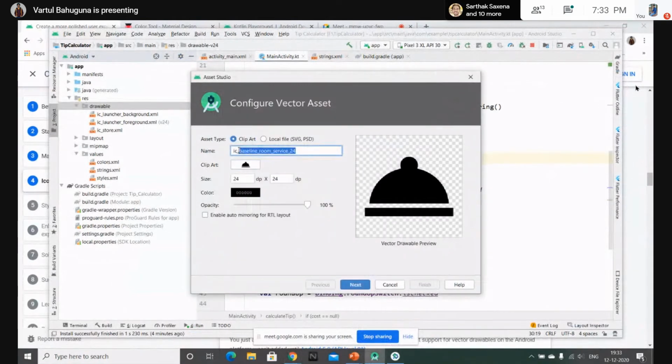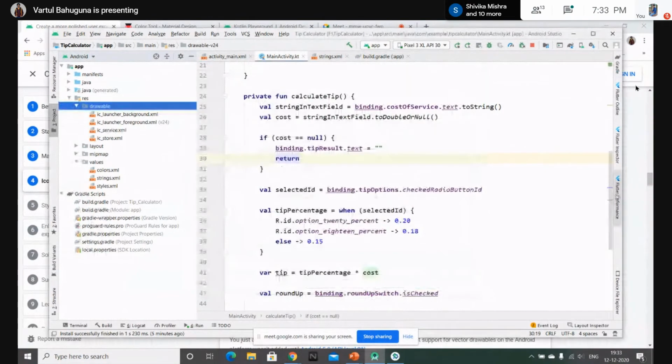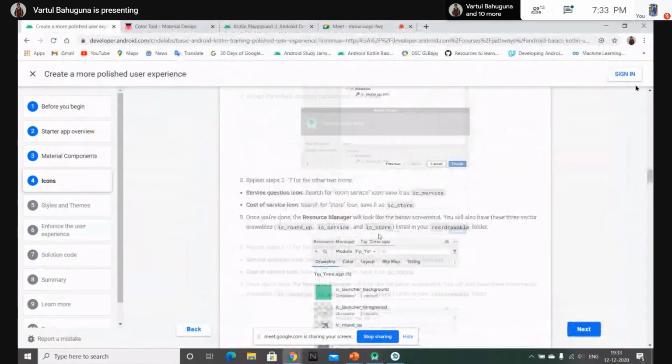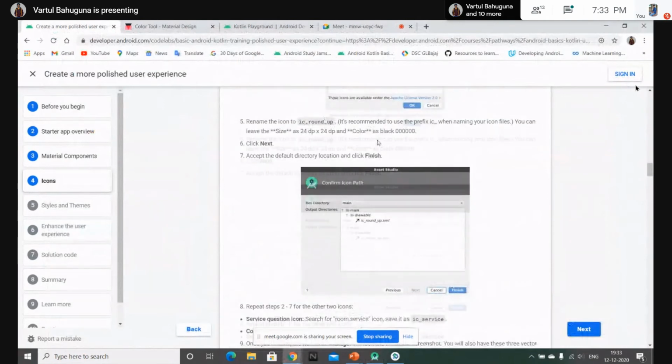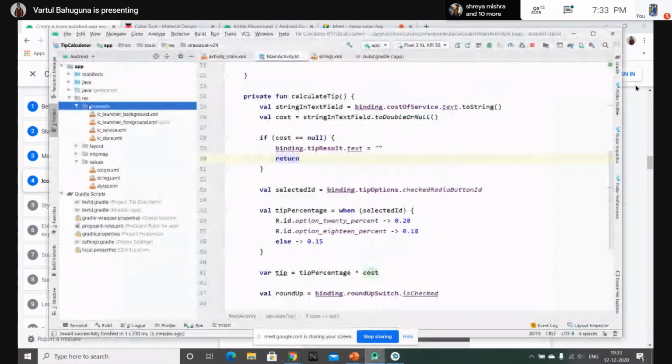Let's change this name also. Clicking on next and then finish. And then we have this roundup. The name of this icon is call made.